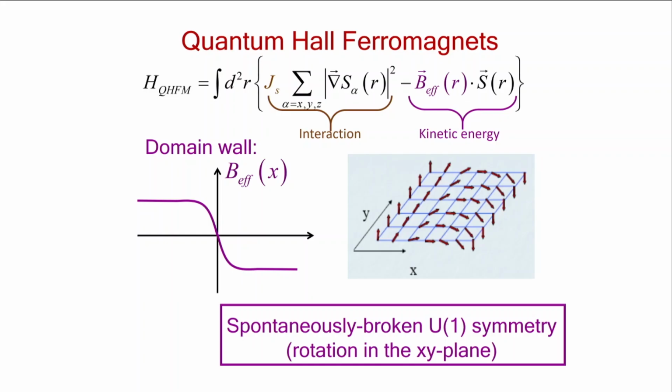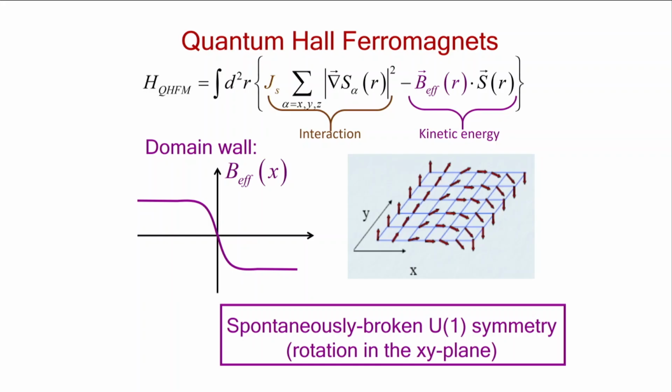It changes sign over some length scale, doesn't matter, but there is a step. It goes from plus to minus. And even if this external field is changing rapidly, changing like a step function,